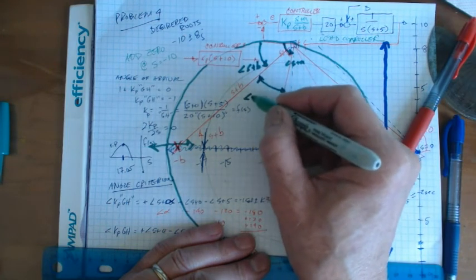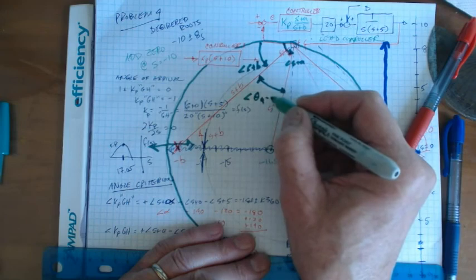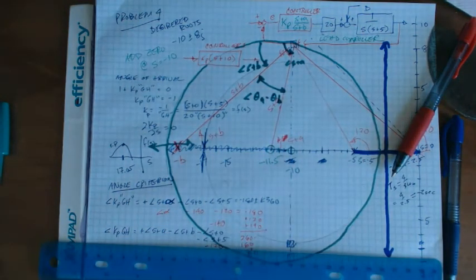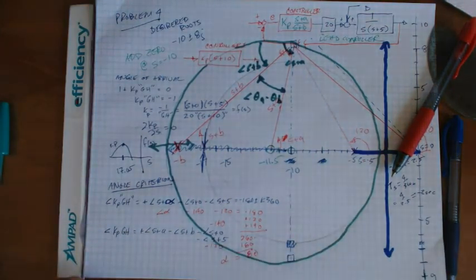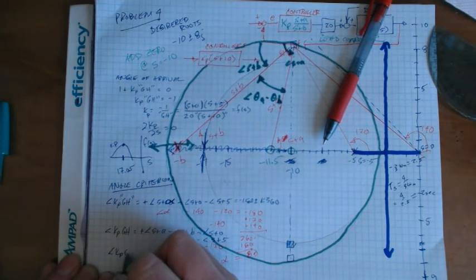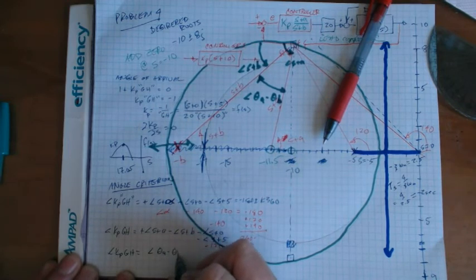This is the angle theta A minus theta B. So in my equation down here, the angle of KPGH is equal to the angle of theta A minus theta B